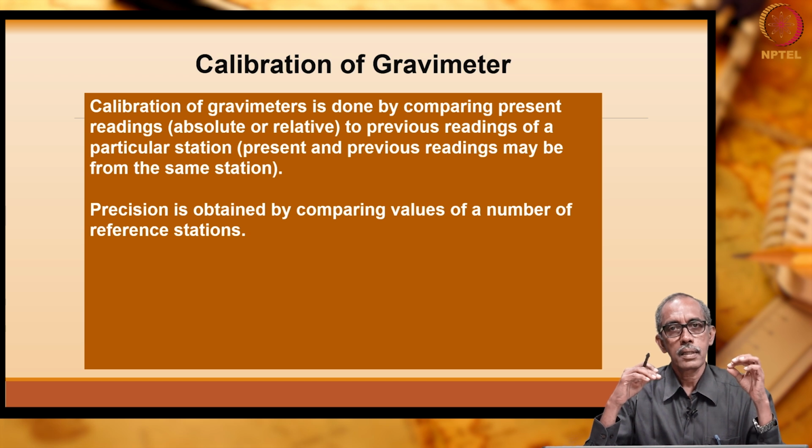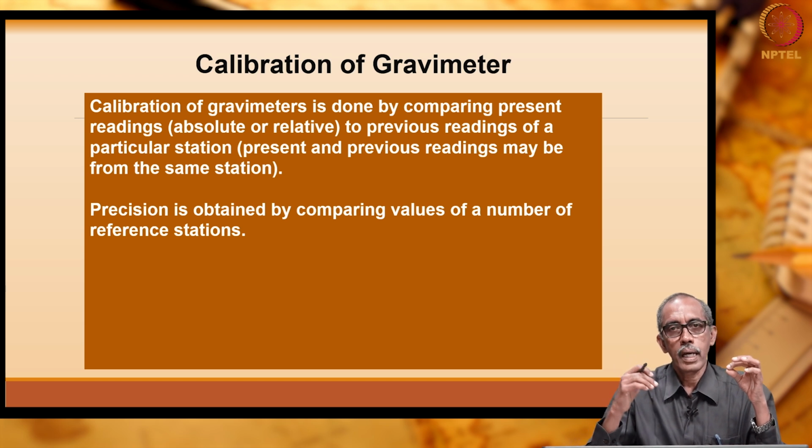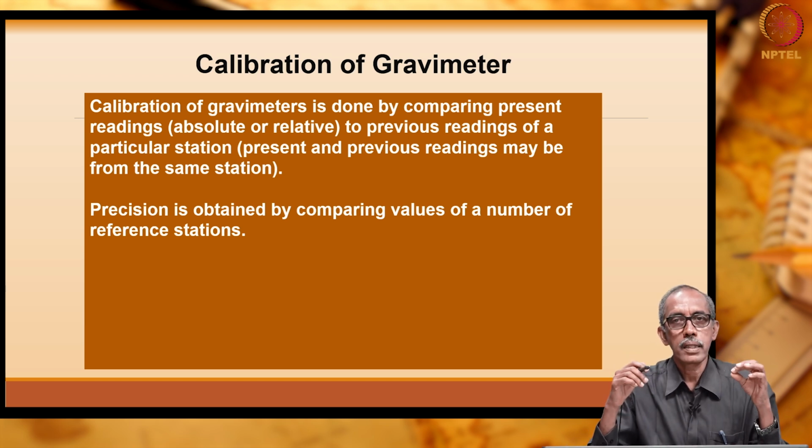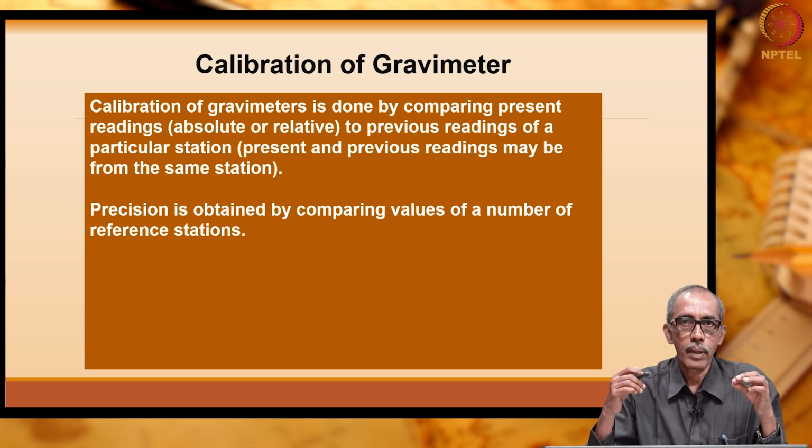That can be assessed only by calibration of the gravimeters, which means before carrying out the survey, we have to make sure the gravimeter which I am going to deploy today for measurements is capable of measuring the values perfectly. So, this can be achieved only by calibration of the gravimeters, right. So, how can calibration be done?